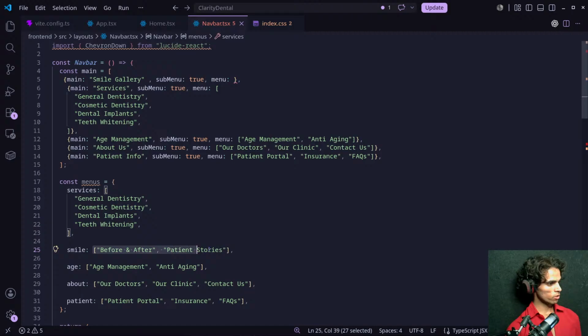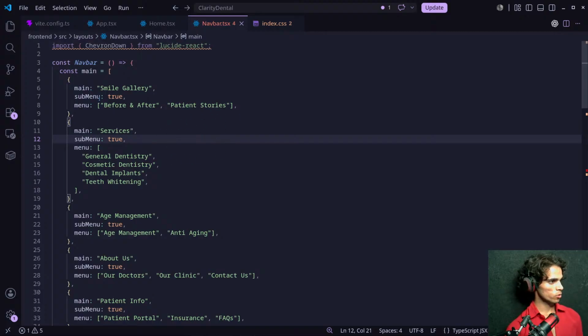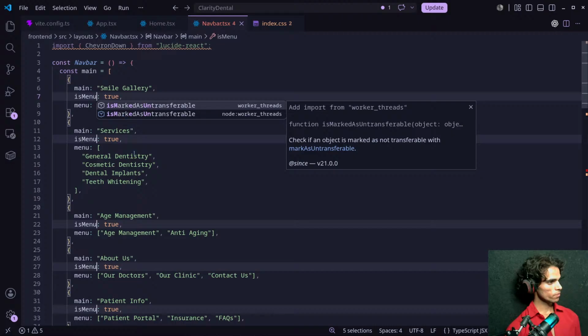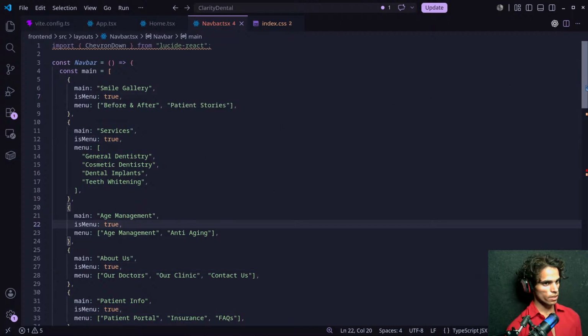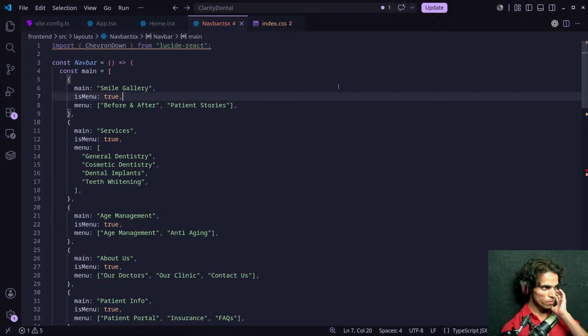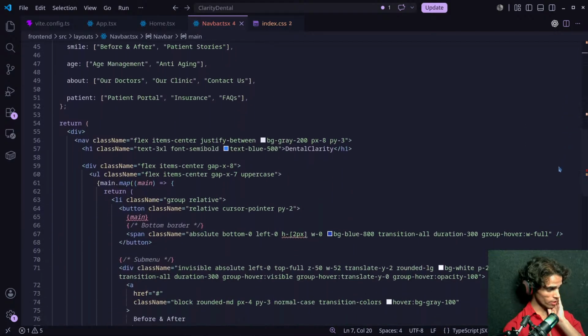So for Ismail we'll have this, so let's get this and add it. Yeah, so I would like to convert this submenu into isSubmenu. Okay, so let's change this to isMenu. Okay, so this is better, and now it will be a better way to manage this.